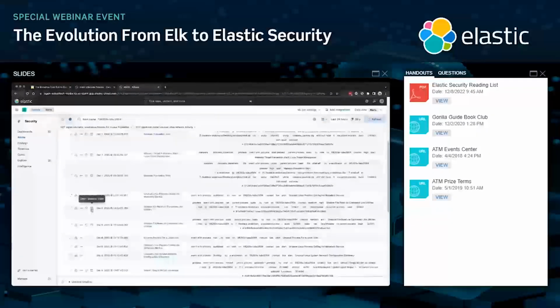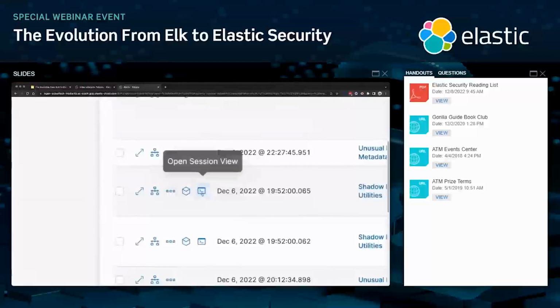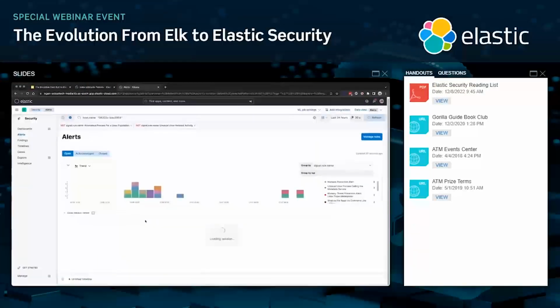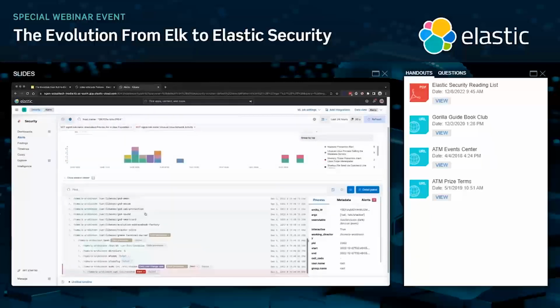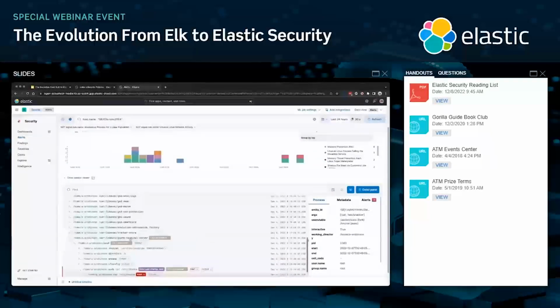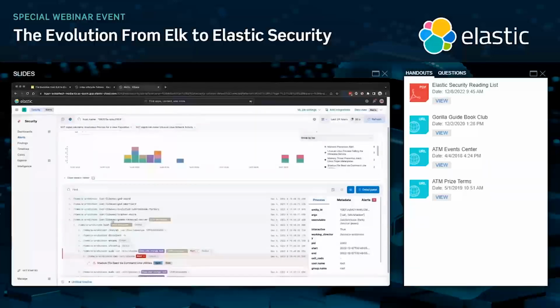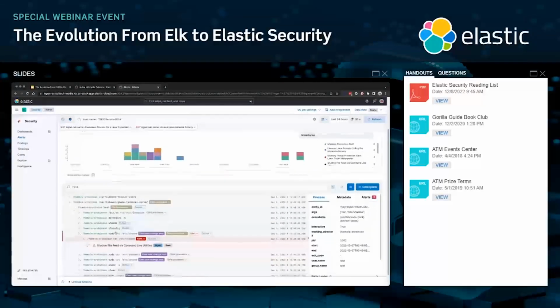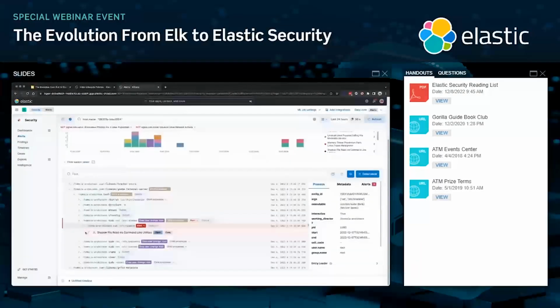Similarly, I can click on this little terminal-looking icon, open in session view, to get, admittedly, a lot of the same information, but displayed completely differently, where I have more of a top-down chronology of everything that happened on this server, including when we opened the initial terminal, we ran some commands that might not have jumped out at us during that graphical view, and when the initial alert fired.